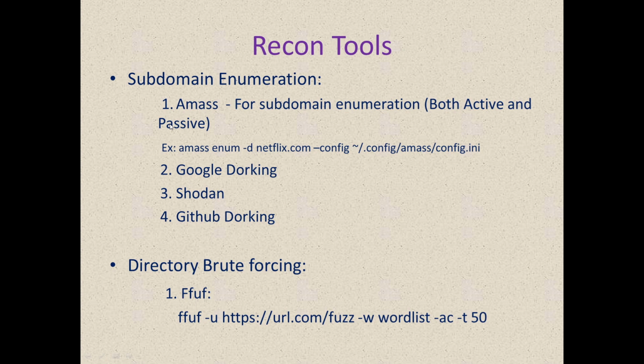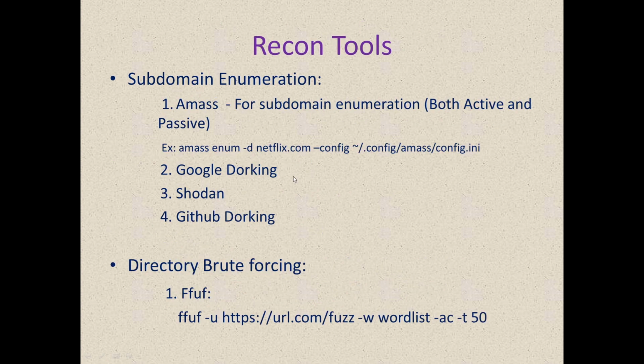So I would recommend the Amass tool for both passive and active subdomain enumeration. You can do everything using the single tool. Just believe me, okay? If you have an ASN number, you can do it using the ASN. If you have an org name, you can do it using the org name. If you have a CIDR or IP range, you can do it using the IP range. There are different options here and there.